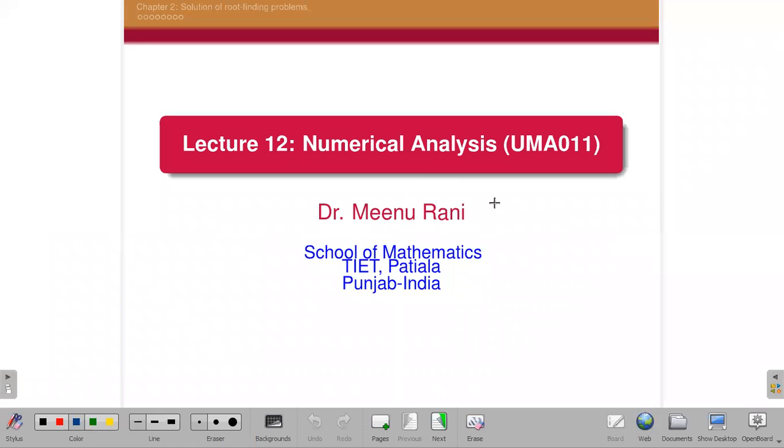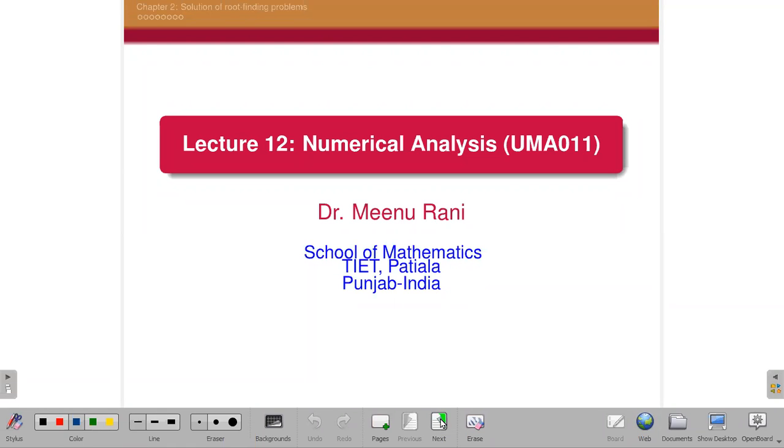So in the last lecture, we discussed the secant method only. So we have completed our four methods now. In this lecture, we will discuss the order of convergence for each method. We have done four methods and the convergence of the four methods also. But each method gives which rate of convergence, meaning which gives the faster convergence of a sequence. So in this lecture, we will discuss it.